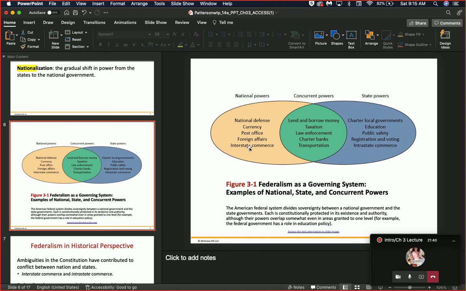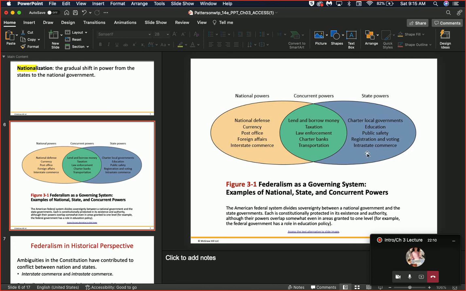Interstate basically means when it involves two or more states. A way you can remember this: Interstate 35 runs along many different states, from southern Texas at the Mexican border all the way up to Canada. That is an interstate highway. It's more than one state, right? Two or more states.